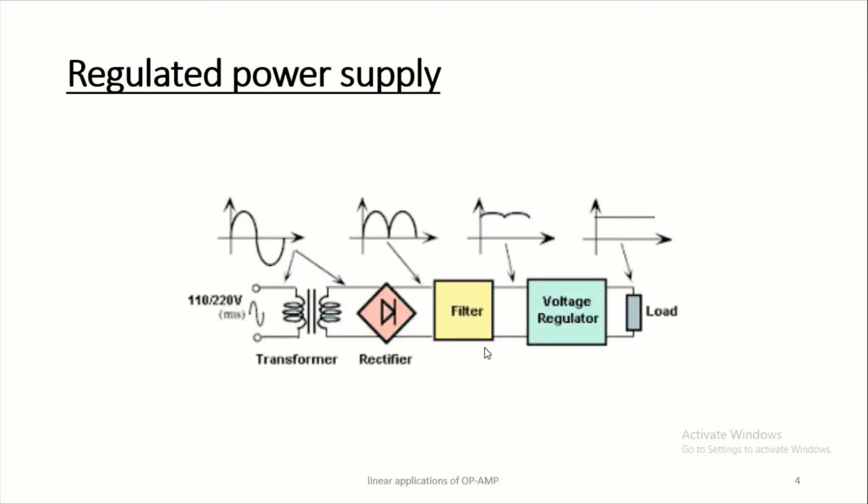The output of the unregulated power supply is connected at the input of this voltage regulator circuit. Even though the output voltage V0 of a regulated power supply remains almost constant, practically it does not remain exactly constant. It changes slightly due to the change in certain parameters such as load current, input voltage and temperature. Thus, we get a constant DC voltage at the output of the regulated DC power supply. Means voltage regulator is a block of the regulated power supply.